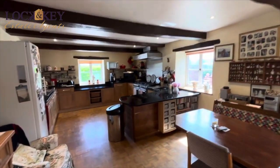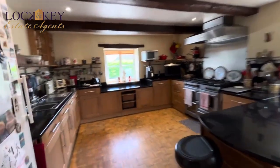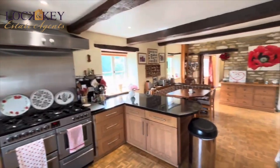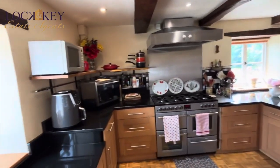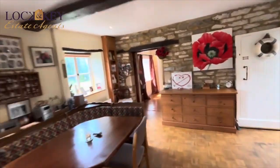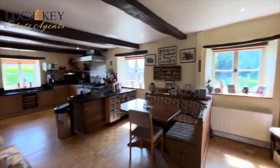We think it was built in 17 something. We just can't put our finger on the exact date. If anyone else can, then please do let us know if you're into your history. What a wonderful room this is. And now you can see the scale of just the downstairs, and upstairs is equally impressive. I will do a quick recap because I think it's important to do that, especially where we came from. Just give you one more